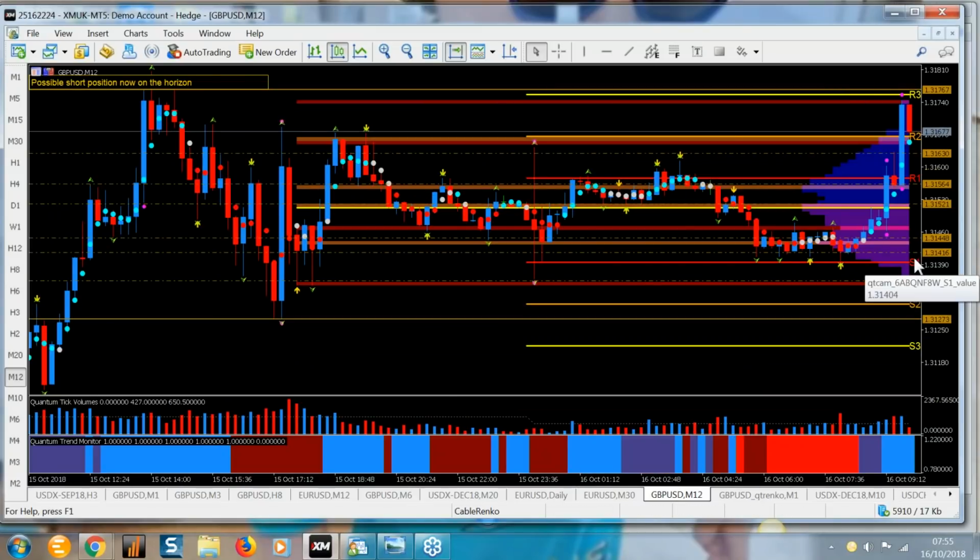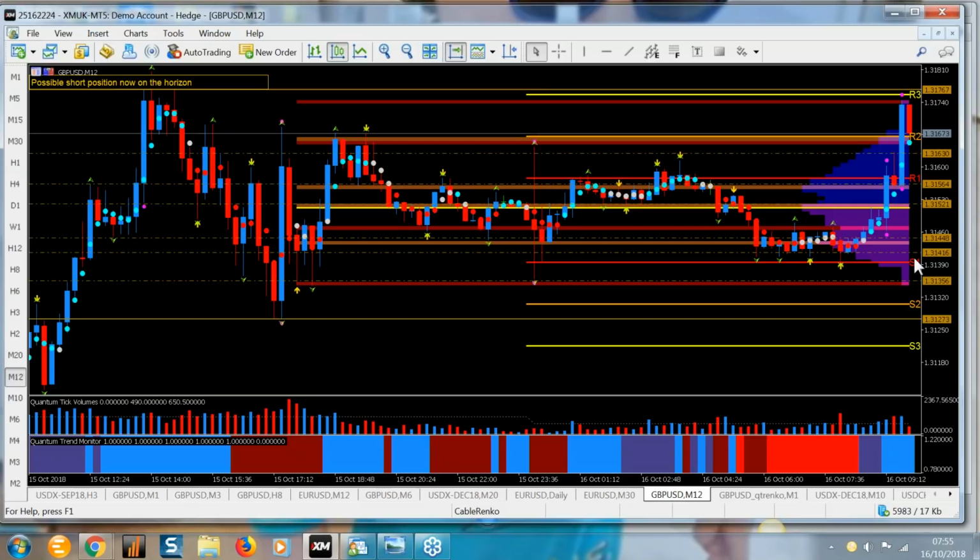The way we've developed this indicator is the values for the different levels are not just based on the previous day's open, high, low and close. On the charts up to the hour, the levels change every time the session rolls over. But on the hourly chart, that level will stay there for the rest of the week. So it gives you an indication of how strong a particular support and resistance level is likely to be. And the fact that the cable has hit R3 at 31.70,